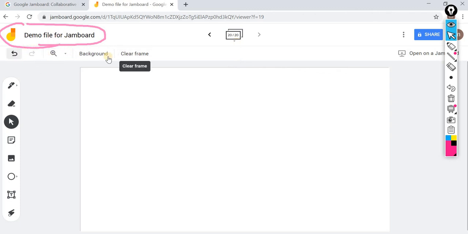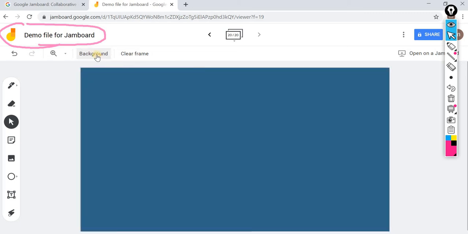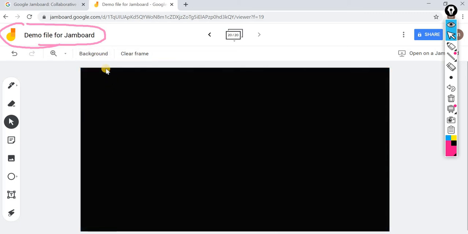Okay, so here are the options available. I'll go systematically. First, background you select, it looks good. Now if you want to have drawing of a graph, all these things, you can select this one, graph paper, just a dotted one, lines one. Okay, so let's have a traditional look better. I'll go for a black one, and then I will use white. So here you have options. First one is for pen, and better I'll write it here.